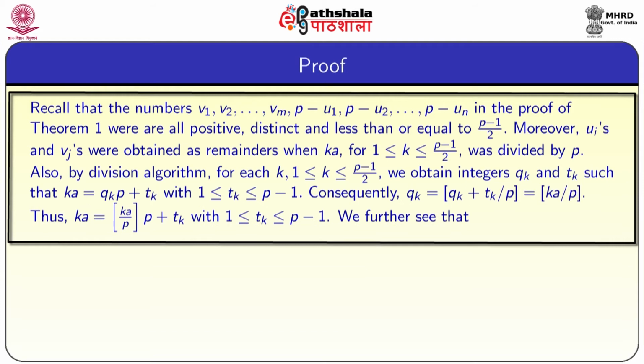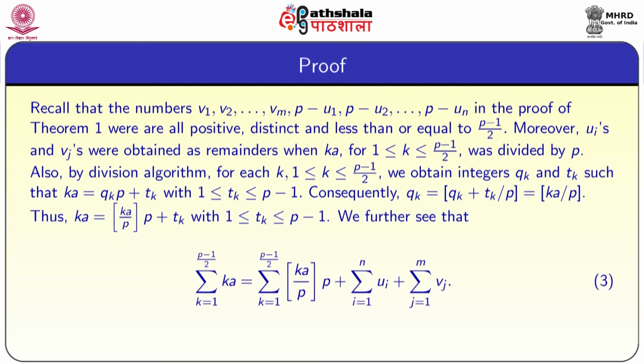Consequently, qk is equal to, again recall qk is obtained from the equation ka equal to qk into p plus tk, that is qk is the quotient if you divide ka by p. So, consequently qk is equal to floor of ka by p. Thus, we have that ka is equal to qk, we can substitute now, that is floor of ka by p into p plus tk, with 1 less than or equal to tk less than or equal to p minus 1. We further see that